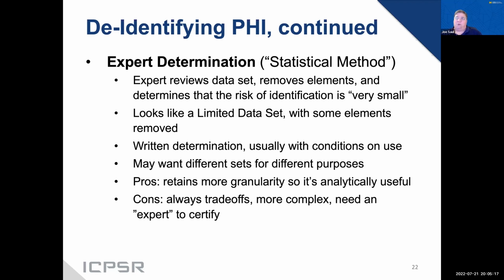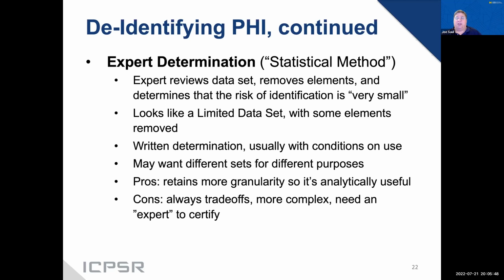So what you're starting with is something that looks like a limited data set. In other words, you keep dates, you keep city, state, and 5-digit zip, but then you work down from that, right? Do you need that much granularity on geocoding? Do you need full dates, or could you get by with month? And you jiggle it, and it can be a discussion. Some expert determination folks